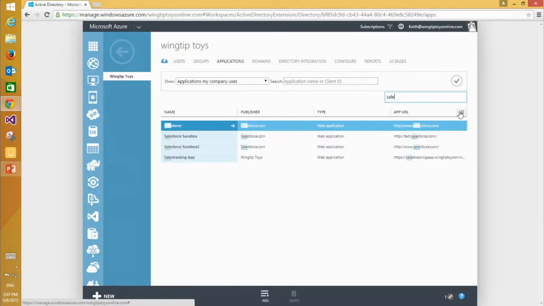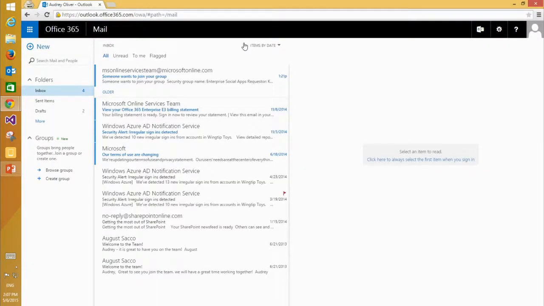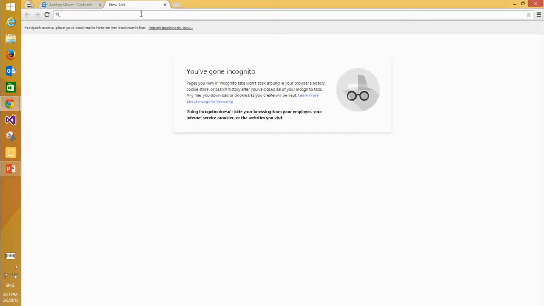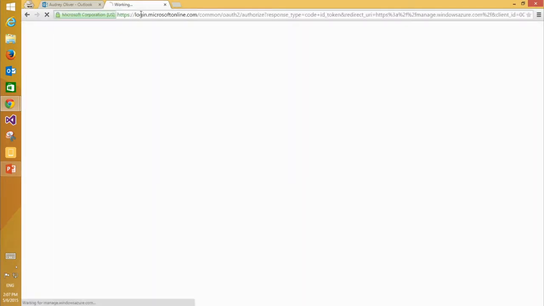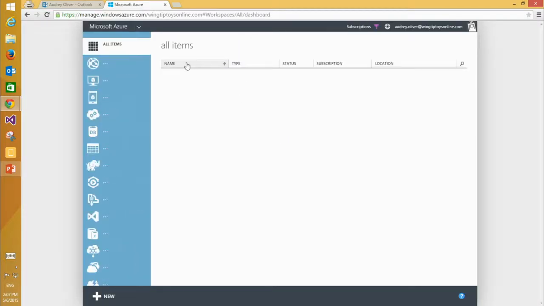We'll start with Salesforce. Instead of requiring the multi-factor authentication from Audrey all the time, what we can actually do is require the multi-factor authentication when accessing those more sensitive applications.